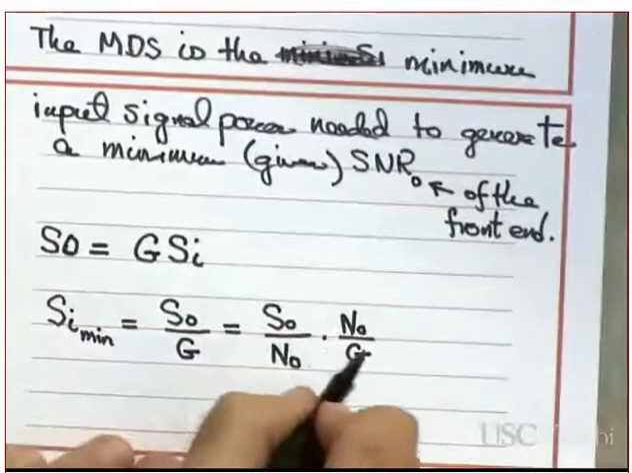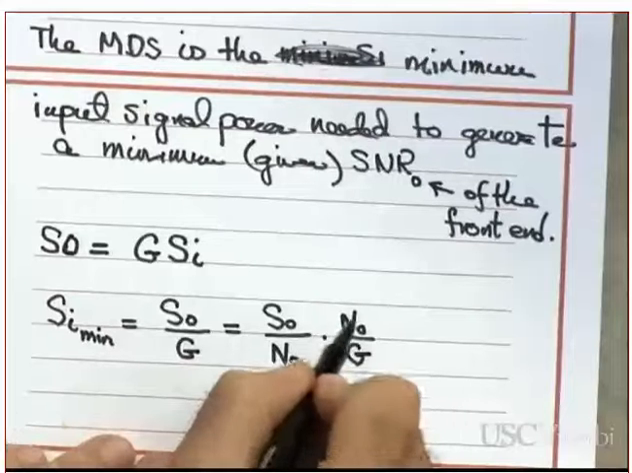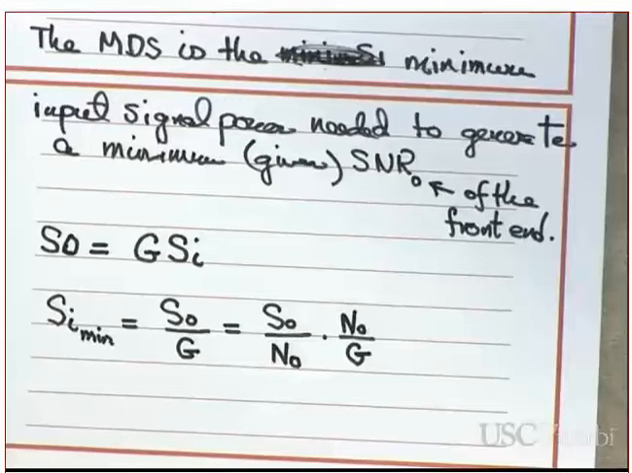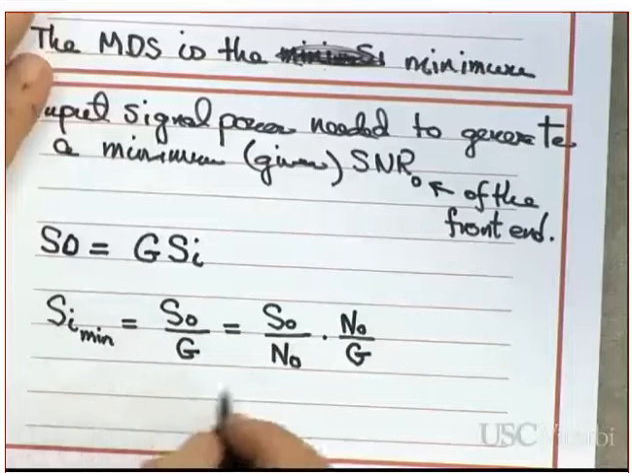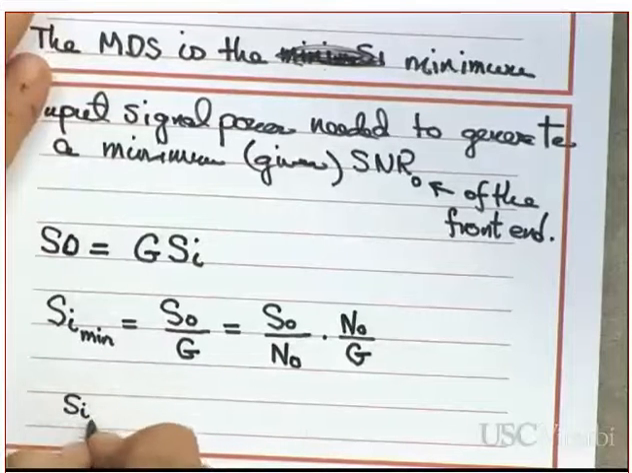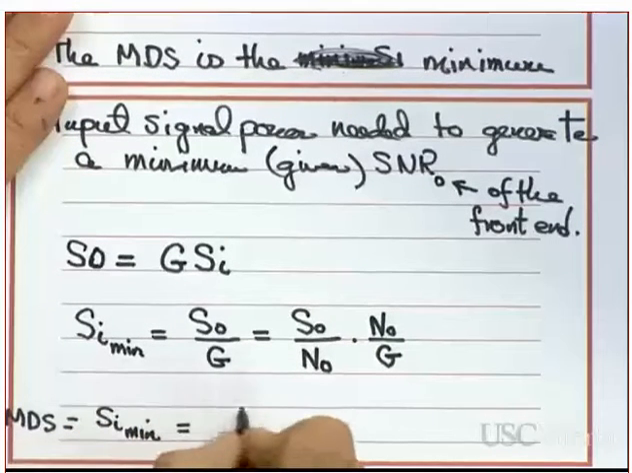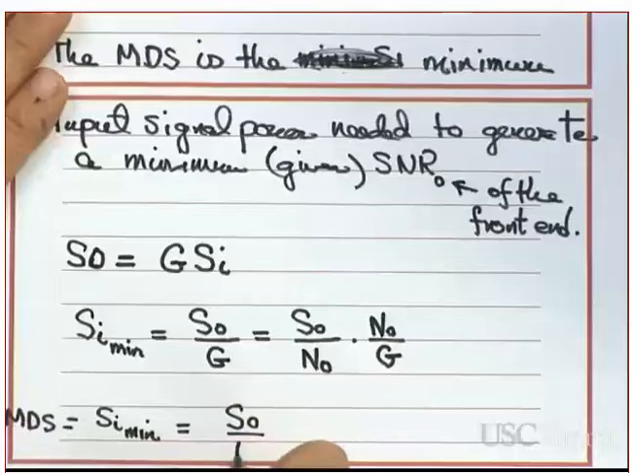Now keep in mind, this NO is the noise power at the output, due to the antenna temperature and due to the internal noise added by the front end. Did you get that or not? Okay. And that's equal to SI minimum, which is the MDS, is equal to S over N0 minimum,